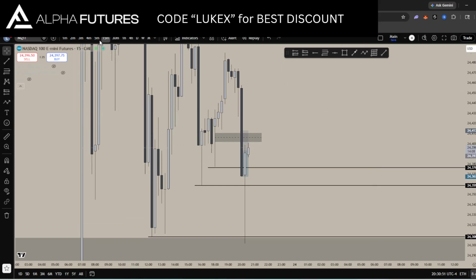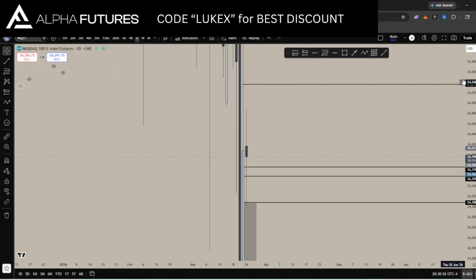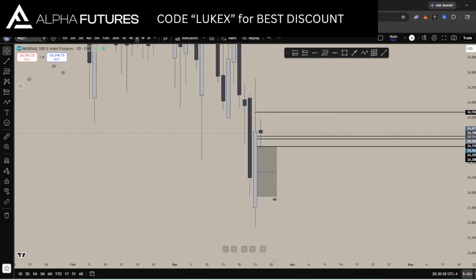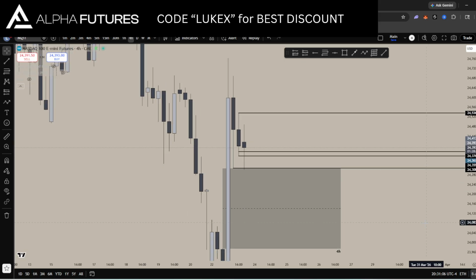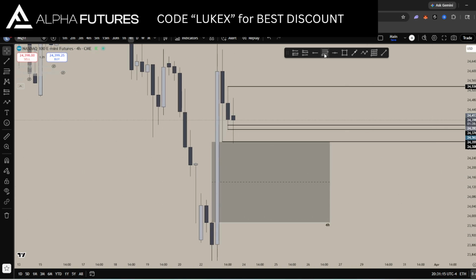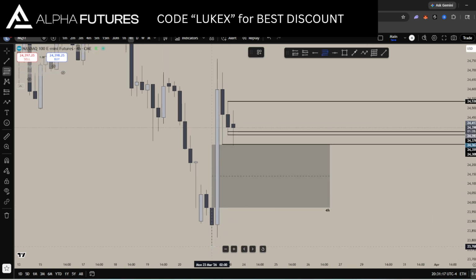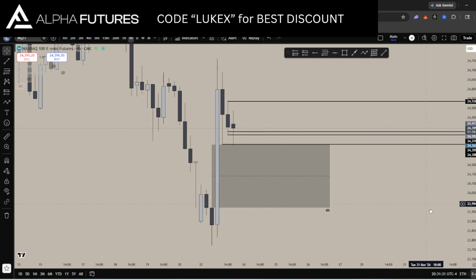But anyway, coming into the session, here's what I saw. On the daily, we obviously had a strong bullish close. The previous day high and previous day low up here are really not relevant to us. But on the 4 hour, we had a 4 hour unfilled gap. This was basically where I was thinking price was going to want to rebalance to, because it's just a huge open gap. It's likely that price is going to want to retest that gap, fulfill equilibrium, OTE, whatever. I wanted to see price flush into that.